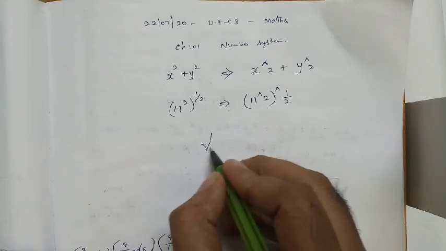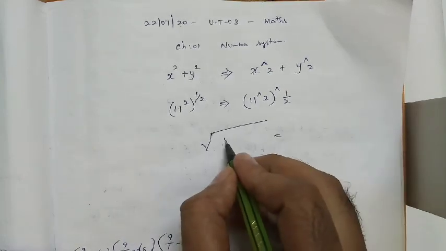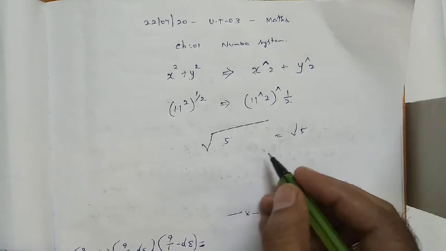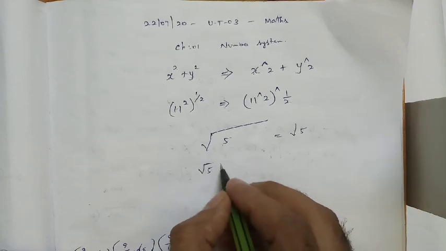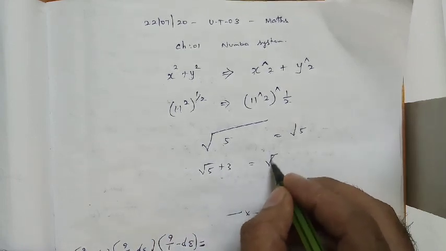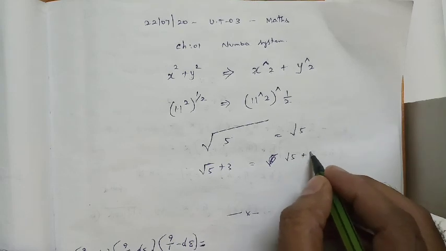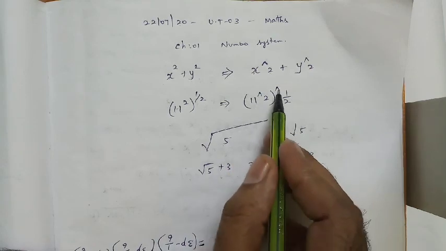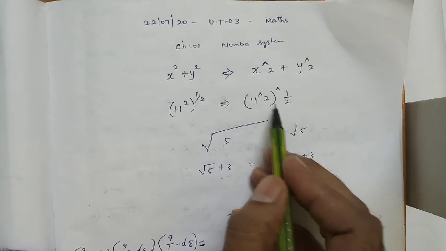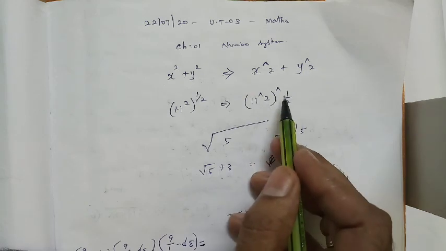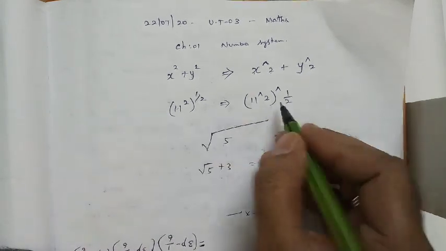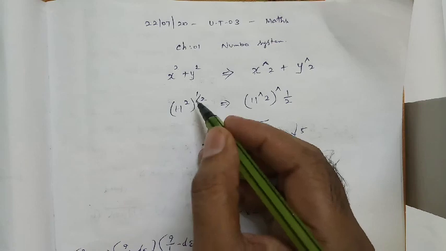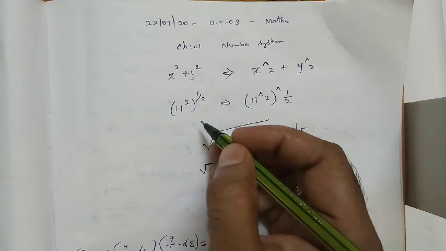Square root also won't be written like this. Square root of 5 will appear as square root of 5, and square root of 5 plus 3 will appear as square root of 5 plus 3. This kind of symbols will appear in the exams. So be conscious while you are solving. While seeing the question, write down the rough work, convert whatever it is in terms of this model, and you can solve it.